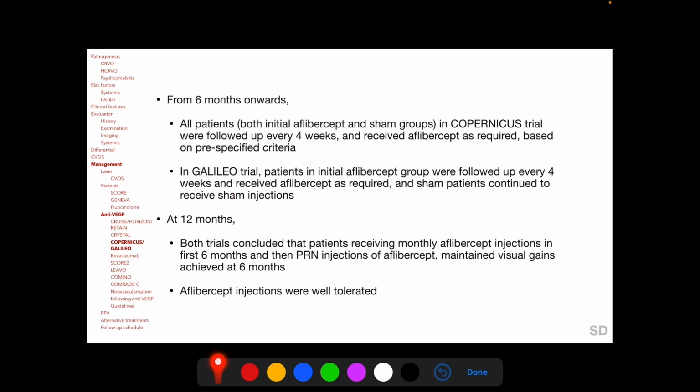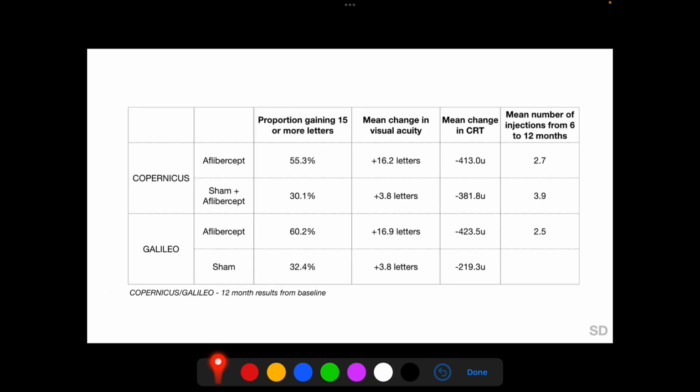At 12 months, both trials concluded that patients receiving monthly aflibercept injections in the first 6 months and then PRN injections of aflibercept maintained visual gains which were achieved at the end of 6 months. Patients receiving aflibercept monthly in the first 6 months and then aflibercept PRN in both the trials had significant improvement in functional results as compared to patients receiving sham followed by aflibercept injections in the Copernicus trial, and also patients who received only sham injections in the Galileo trial,